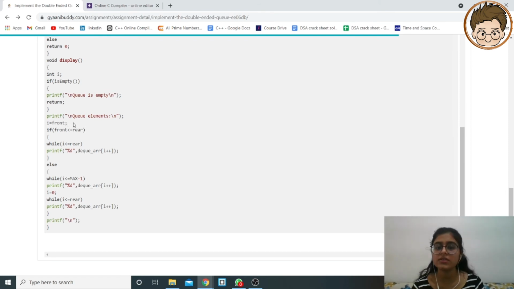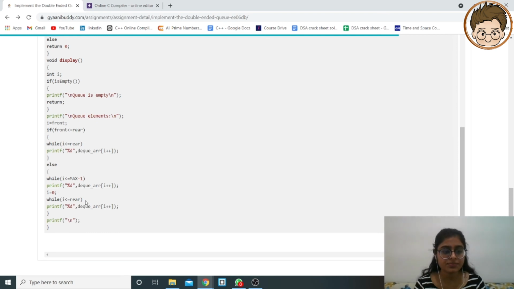But if it is not the case, then we are initializing our counter variable, that is I, to front, and checking if front is less than equal to rear. If front is less than equal to rear, we will traverse the complete array and print all the positions between them. Or if this is not the case, then we are traversing from I to max -1, that is the last position.